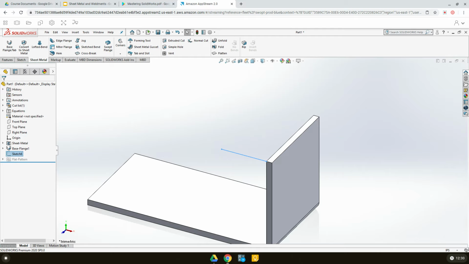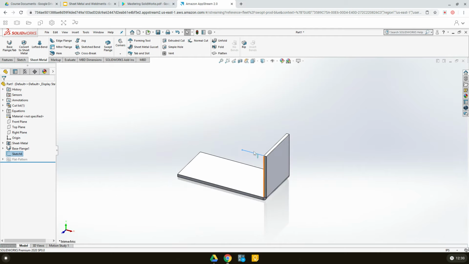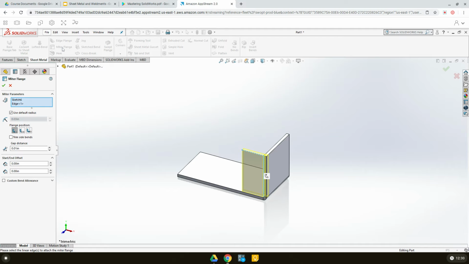and we have this base flange, then we created a sketch, and now we are going to use that sketch to create something called a miter flange. And as I was saying before, many of these options here that were grayed out in the beginning are now all activated, so we can use them. So the option that I want to use is miter flange. It's right here. And as this line is selected, I'm just going to click on miter flange,